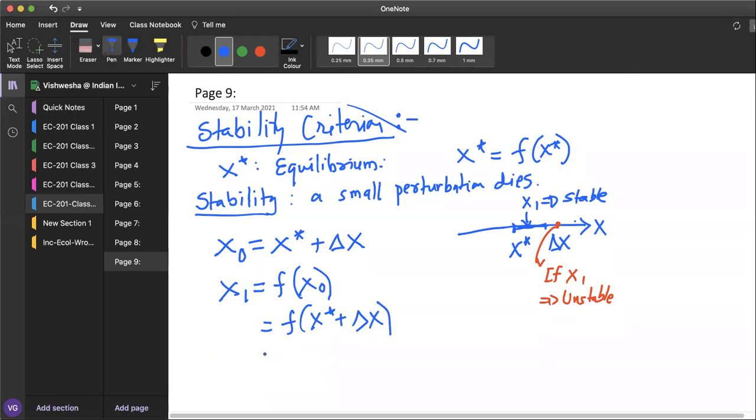Okay. So now we are going to use a trick called a Taylor series. I hope Tanveen had sent a video on how to make sense of Taylor series, so I won't be covering that. What is Taylor series? The idea of Taylor series is that if I know the value of a function at x star, I can use that to find the value at a nearby location. Okay, so according to Taylor series, I can write down